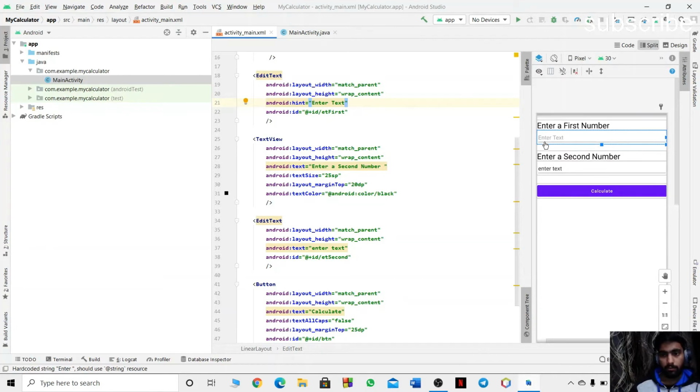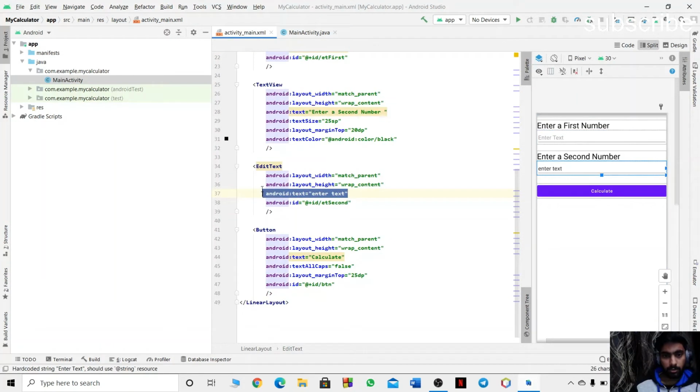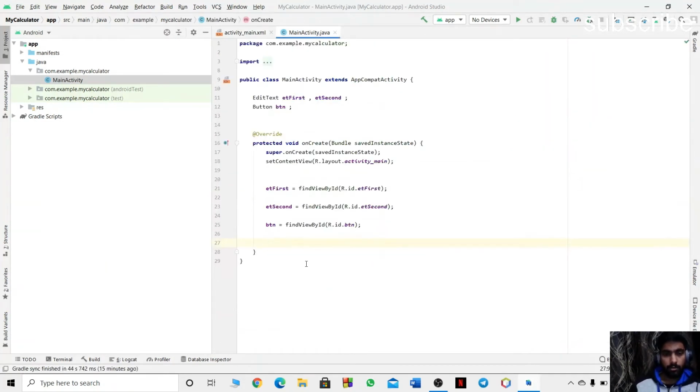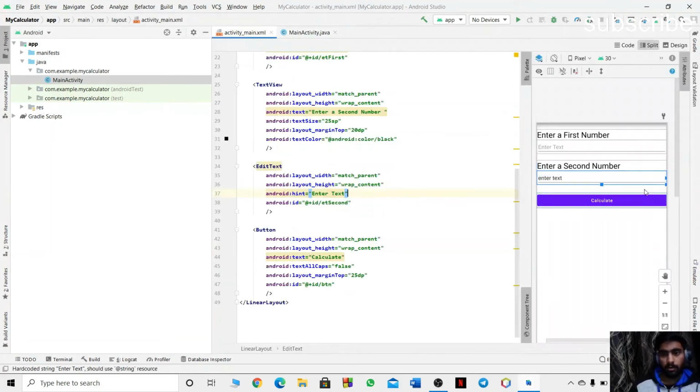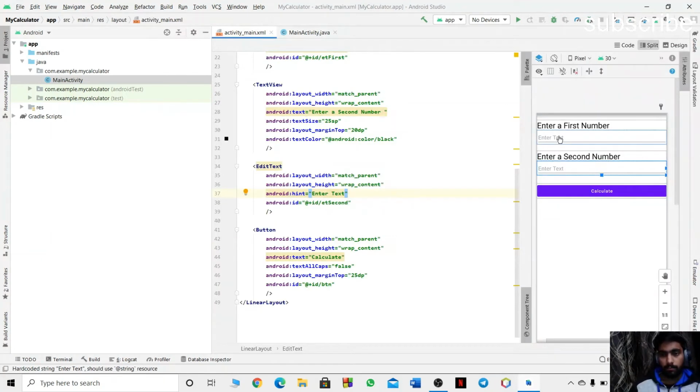Why do we use hint? Because when a user presses enter text, the pop-up keyboard is shown. For that we used the hint portion. This hint portion can also be used on the other text portion, so be careful about this. Now, as you can see, when a person presses the enter text button, the keyboard pops up and they enter the first